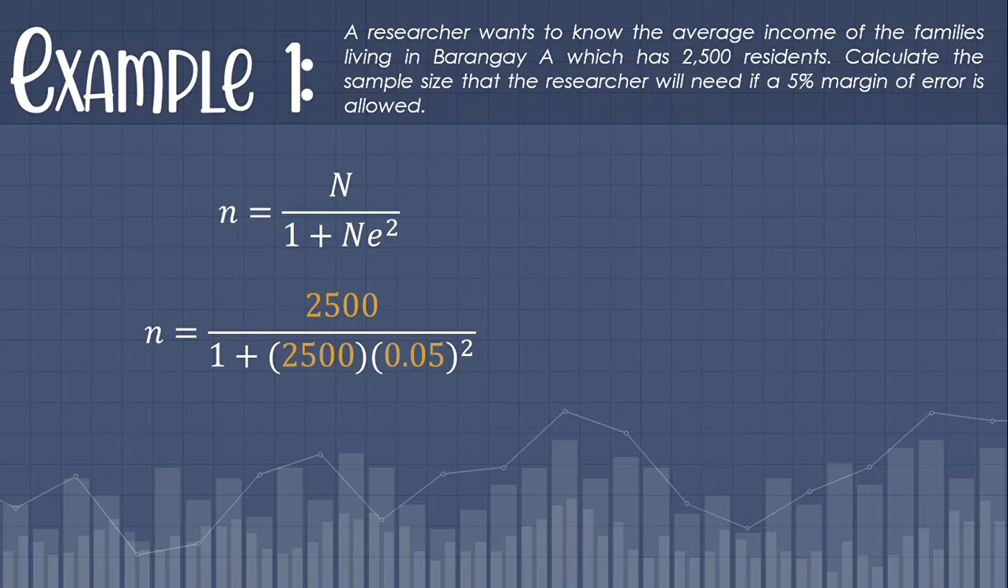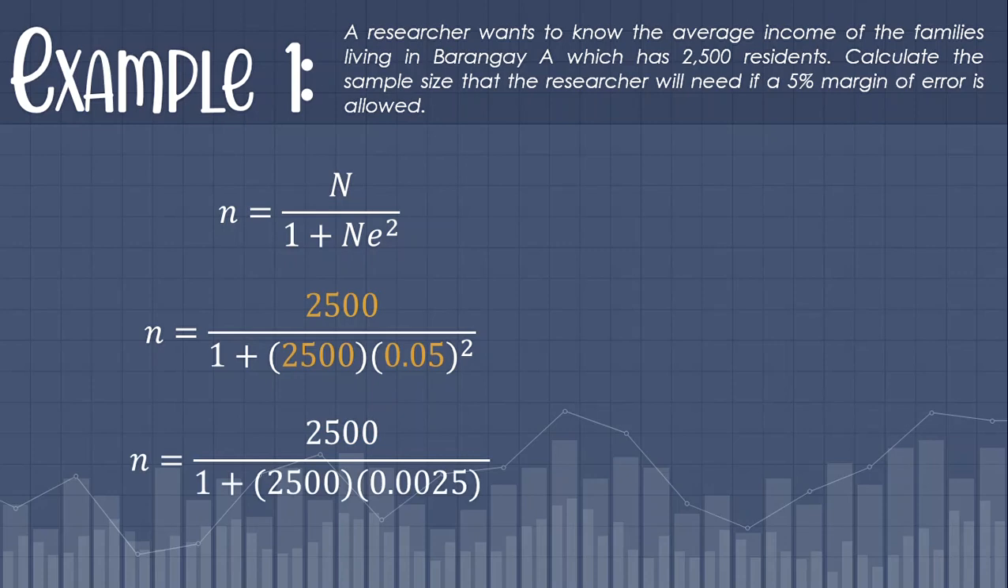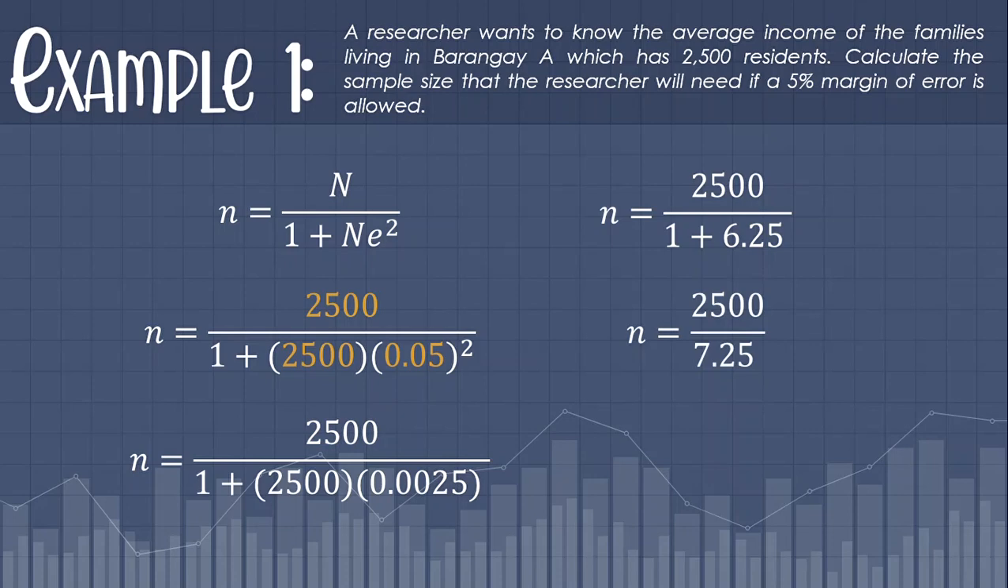Let's first evaluate 0.05 squared, and that is equal to 0.0025. Now let's multiply 2,500 times 0.0025, and that is equal to 6.25. Then 6.25 plus 1, that is 7.25. Now we have 2,500 divided by 7.25, that is equal to